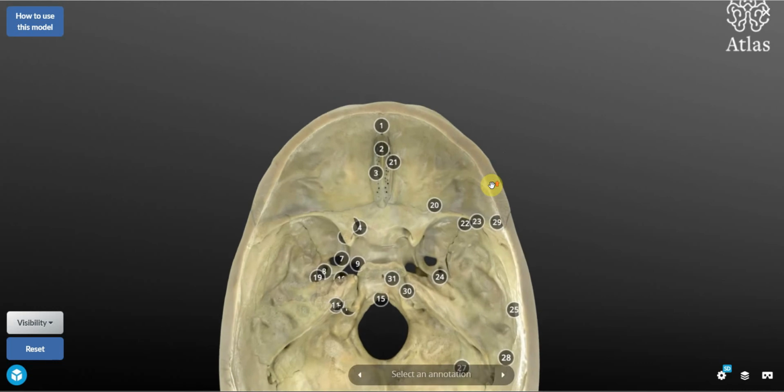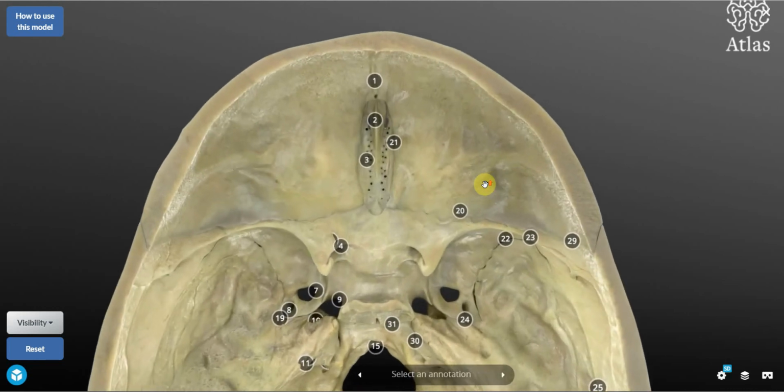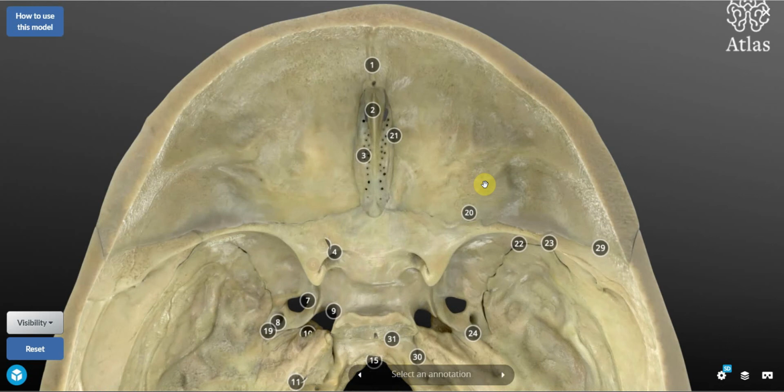So think about the bones that are making up the anterior cranial fossa. You could pause and try to list the bones. Yes, you are right. There is the frontal bone, the sphenoid, and the ethmoidal bone in the midline. The anterior cranial fossa is bounded by the frontal bone anteriorly and laterally.